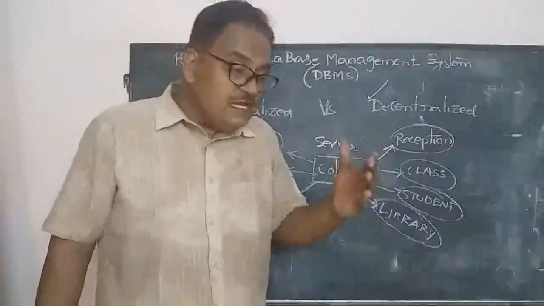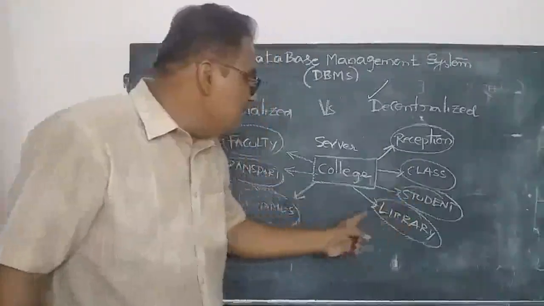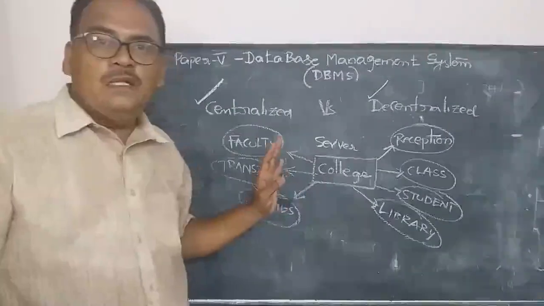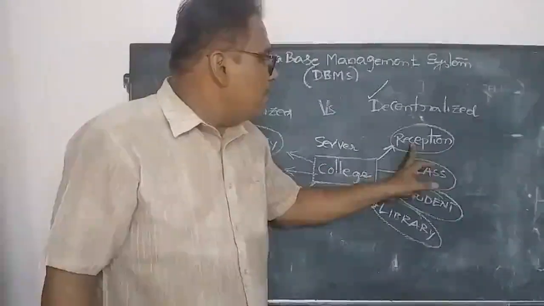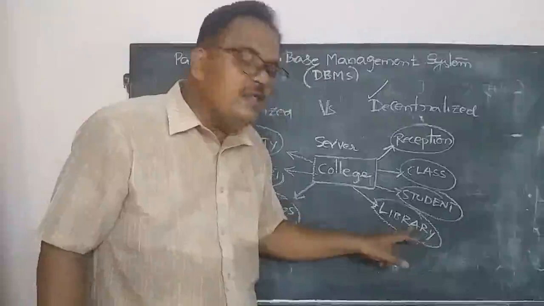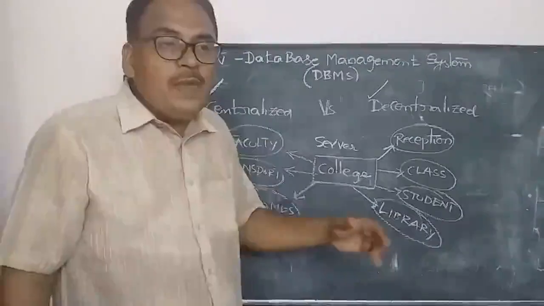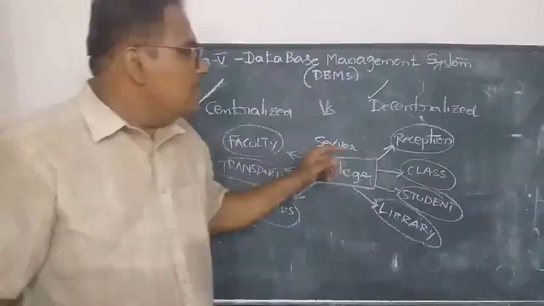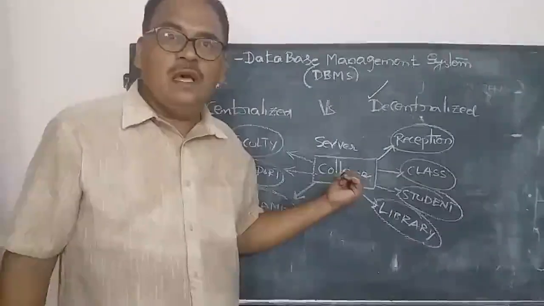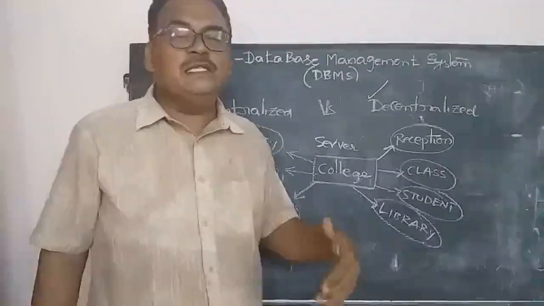And there is a major problem, which is security. When your data is decentralized, you can get information at any entity. For example, reception is not willing to give information about the student, like the mobile number, but you may get the mobile number at the library. So it is insecurity. Data may be revealed at any entity. That is a security problem. When you centralize the data, you may apply restrictions, rules, permissions or privileges for particular data. That's why data can be securely maintained.